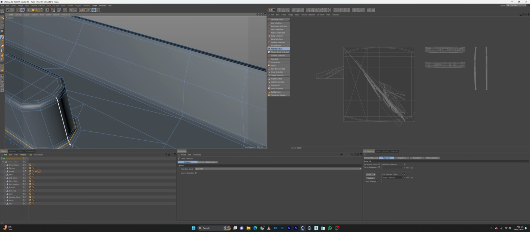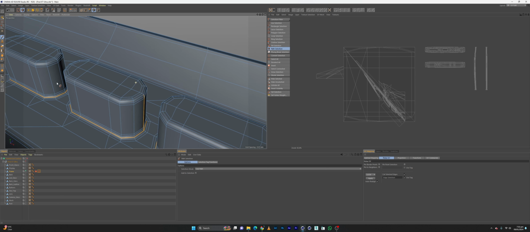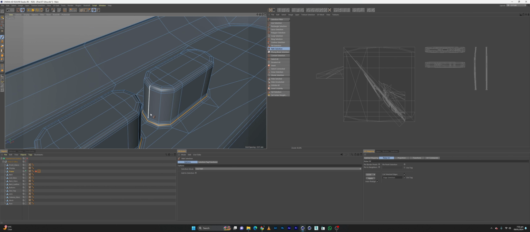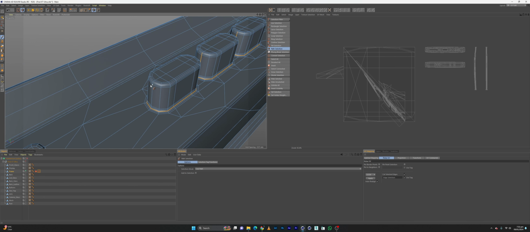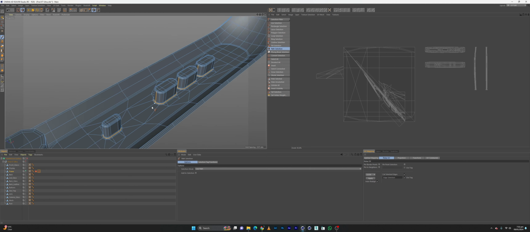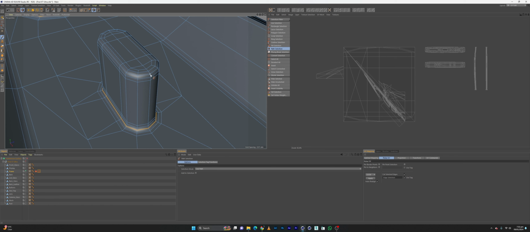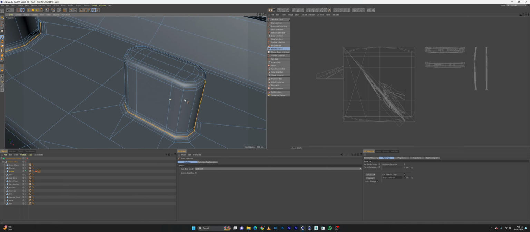With the same process. Okay, we are basically defining the seams for where the UV is separate from the whole mesh. And there's like separation or like